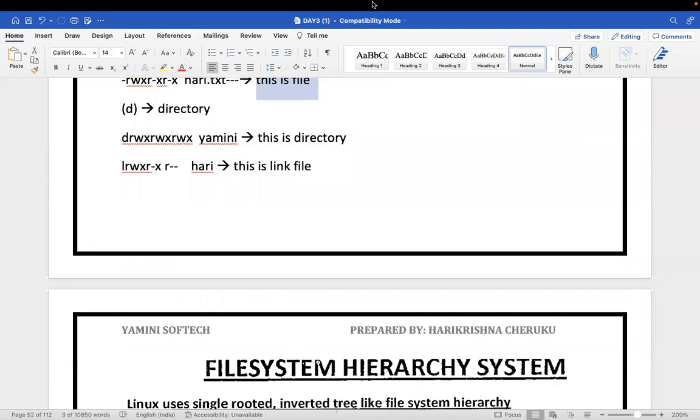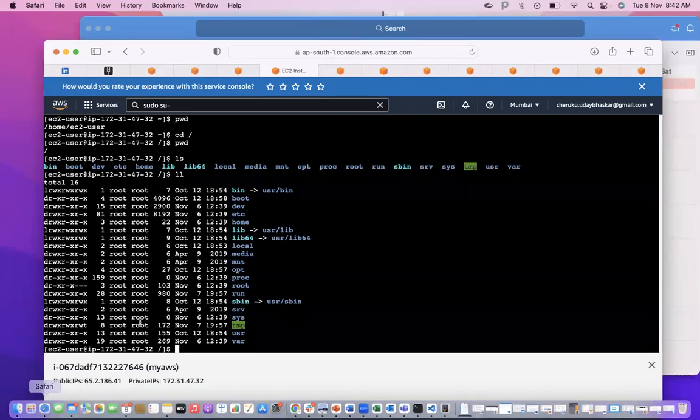So how do you find out if it is a file, or a directory, or whatever it may be? How do you see the list? You can execute the list command to list the files and directories of the folder. So in the / directory, we have bin, boot, dev. These are a list of directories or files; we don't know which. How do you find out? You can use the command ll.